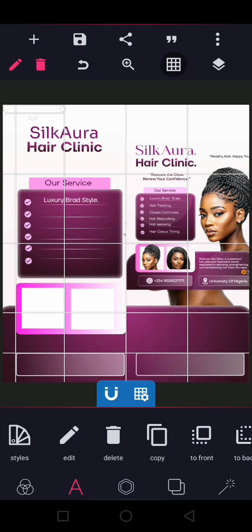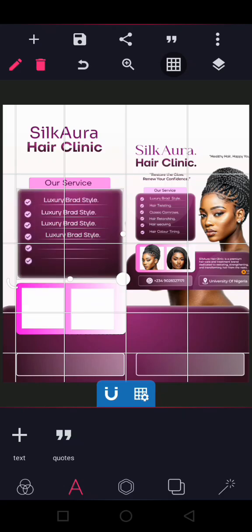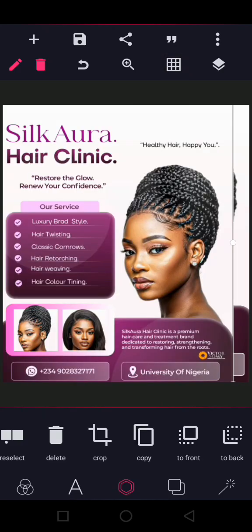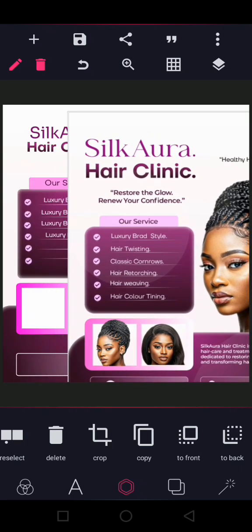For the sake of time, I would just add this, and so you can see you have gotten the idea. So I would add all this. So that's how I was able to add all those text. I don't want to start adding all of them, so that I can save time. So the next thing I want to show you is